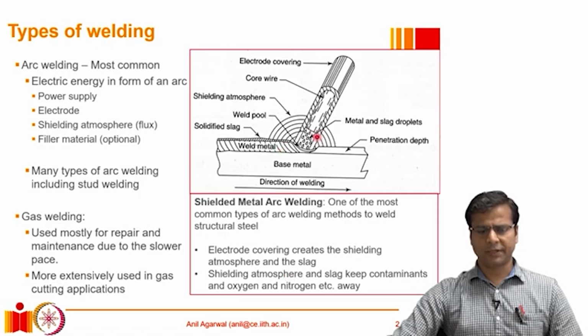So how is that shielding created? Generally, we require some kind of a flux, a compound which, when burnt at such a high temperature, releases gases, and those gases are inert, and they don't allow the oxygen and nitrogen in the atmosphere to enter